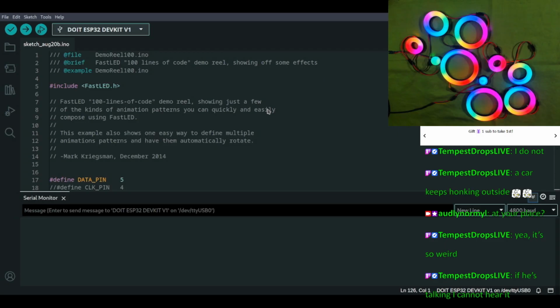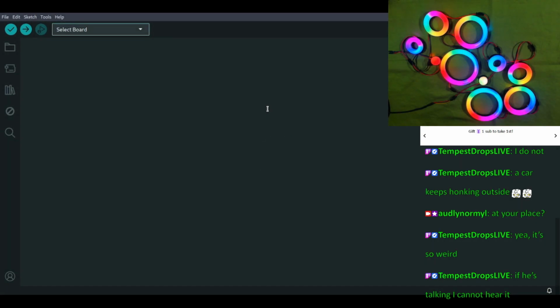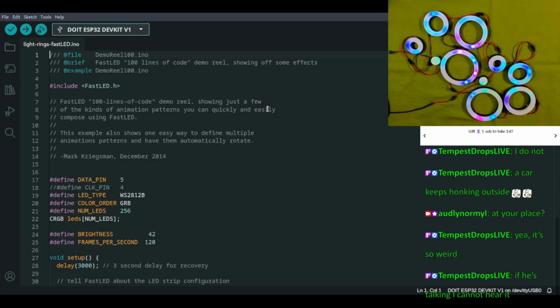Okay, so LED rings, fast LED, here we come. They're looking really good though. The camera's picking them up nicely this time. Yeah, I think this actually even looks maybe better than it did before. We're getting the stuff figured out. Of course, I say that and then it starts to go all weird and focusy.